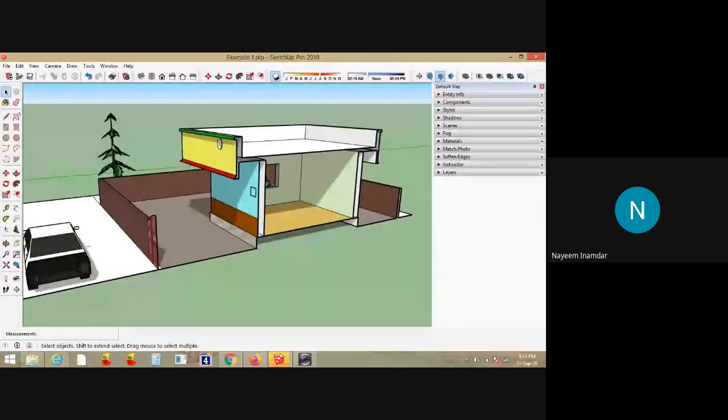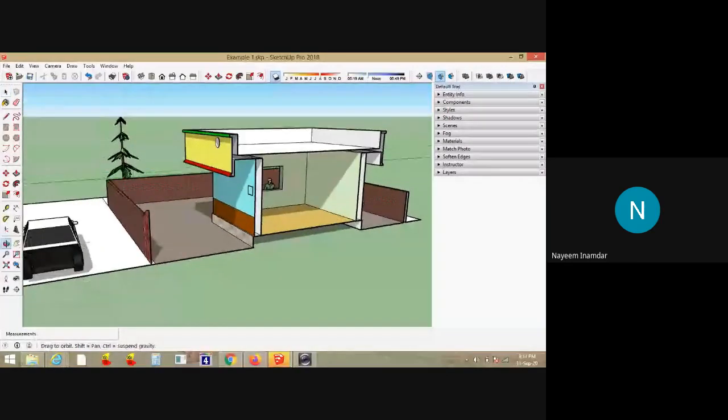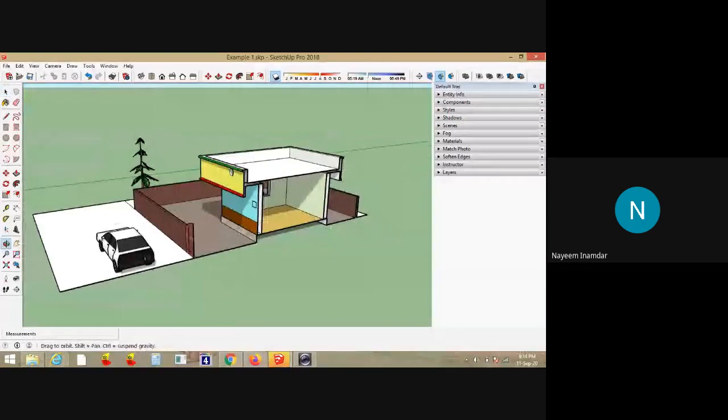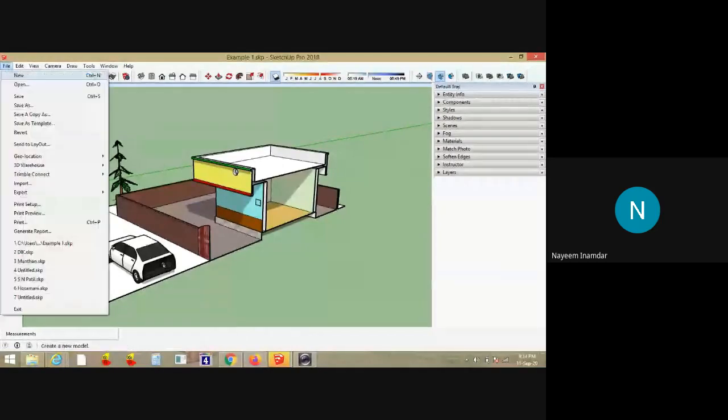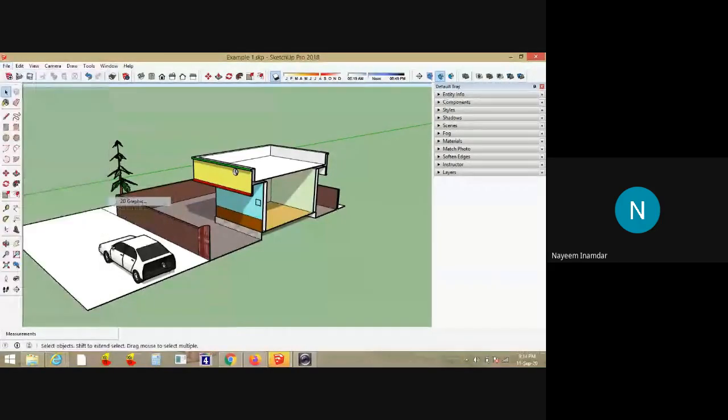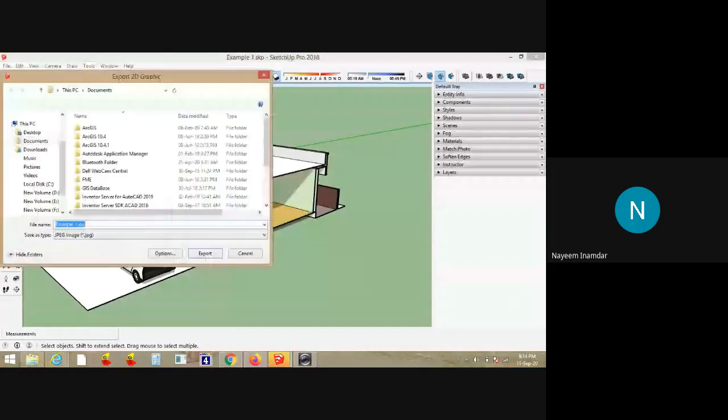This is how you can fill this section. The same thing, you can directly export it, exactly how it looks at this particular cut. The option is File, Export, Export into 2D graphics, save wherever you want with the resolution of your wish.